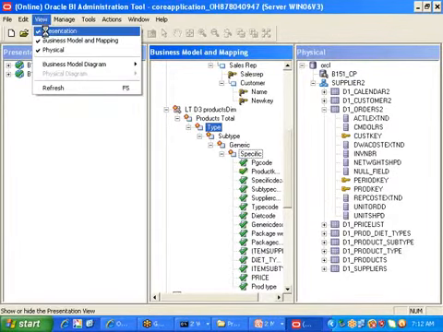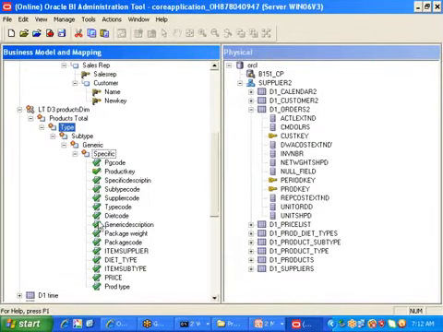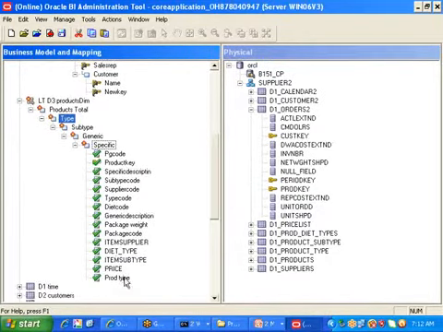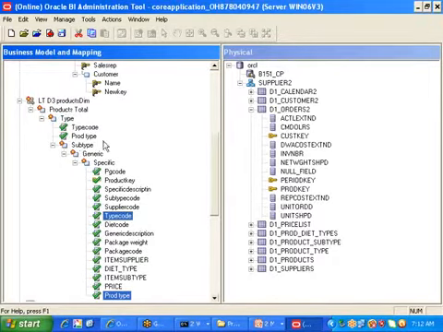For clarity purpose, I am going to the view, and I am closing this presentation layer. Then drag and drop one by one column. Let us say I have here product type, and also I have here type code. These two are the same level or not? So these two things I am dragging and dropping into type.